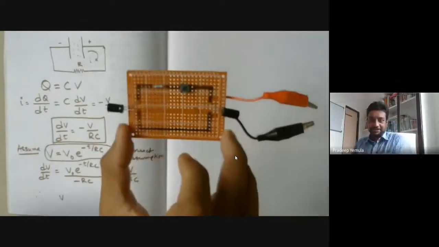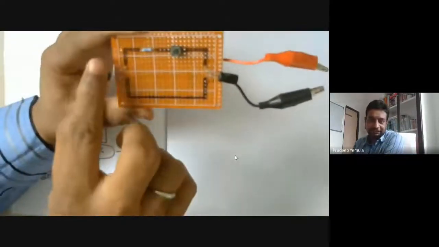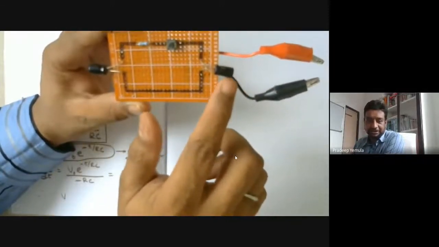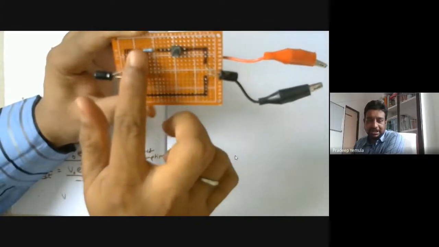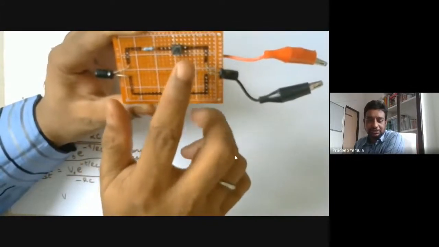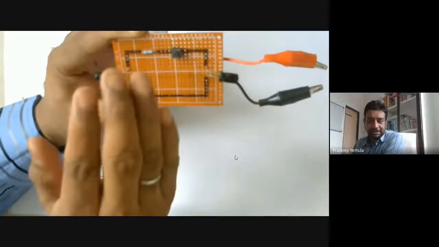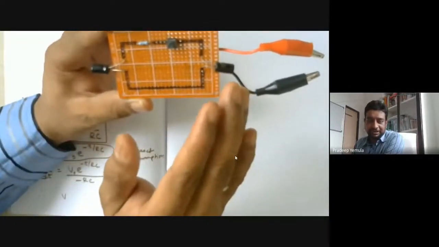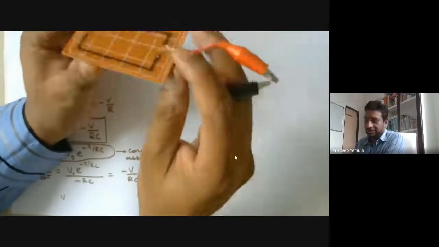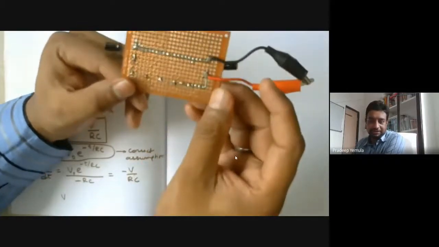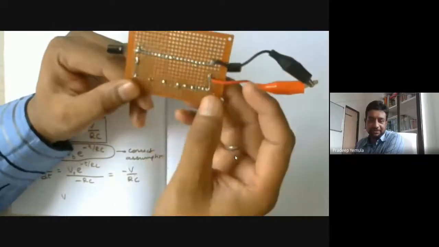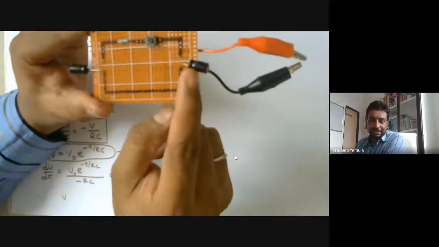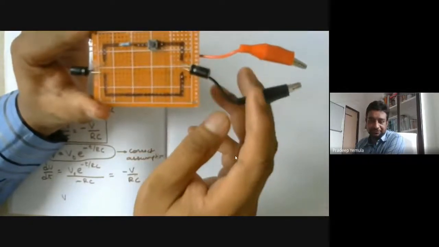It has two capacitors. One capacitor is on the left side and the other capacitor is on the right side. In between there is a resistance and a switch. Now if this switch is open, that means the left side part of the circuit is completely out of the picture. Only the right side part we can consider. And these two are just the terminals coming out of this thing. If I show the reverse side, it is just simple connections. So I have a simple capacitor, 100 microfarads, with terminals like this.